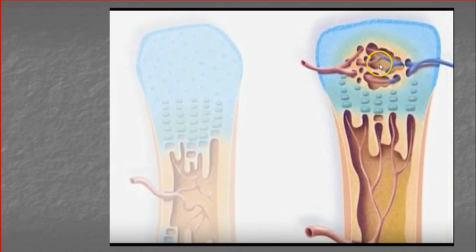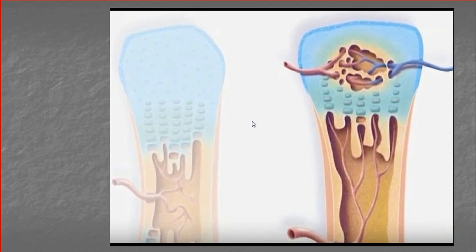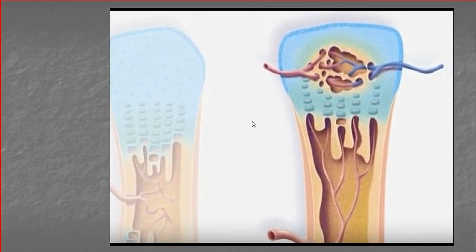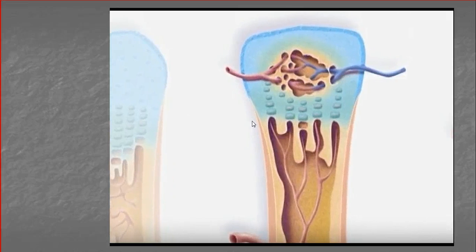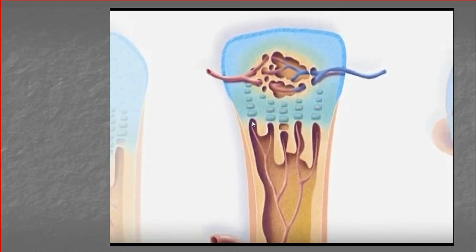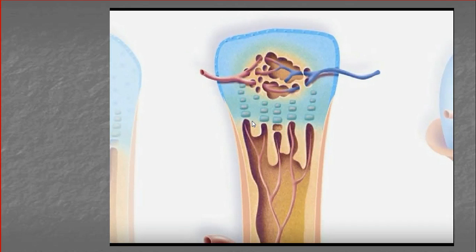The thing I want you to recognize is that there's still leftover cartilage up here, and leftover cartilage here in the middle, between the diaphysis and the epiphysis. This cartilage up here is what's going to form your articular cartilage. This cartilage right here is what ends up forming the growth plate of your bones, replacing the calcified cartilage with mostly spongy bone. As the secondary ossification centers are formed, osteoclasts resorb bone within the diaphysis, creating a hollow